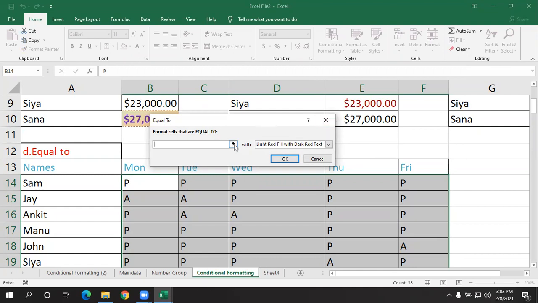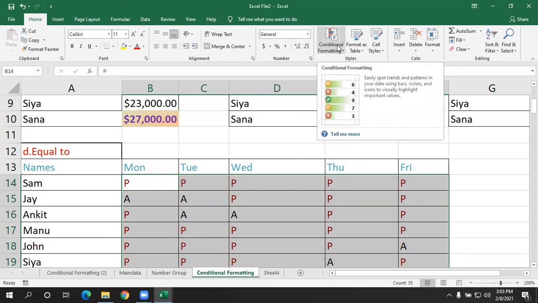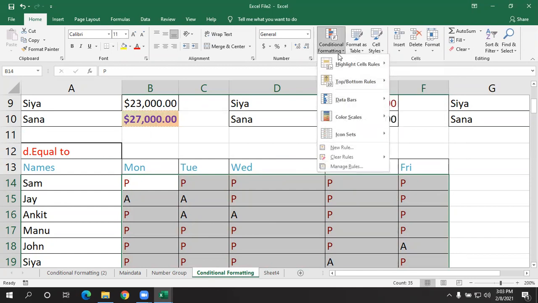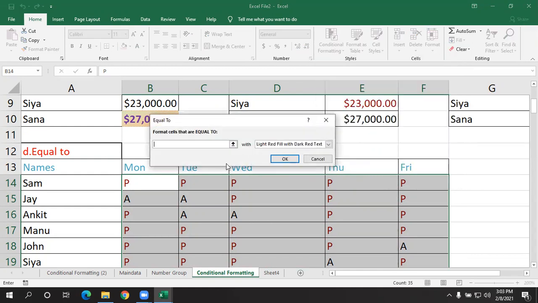Wherever there is a letter P, I want that highlighted with, let's say, red text. I'll click on OK. And again, I'll click on conditional formatting, highlight cell rules. I'll give here equal to A. Here the word is absent, so wherever there is letter A, there I want to give